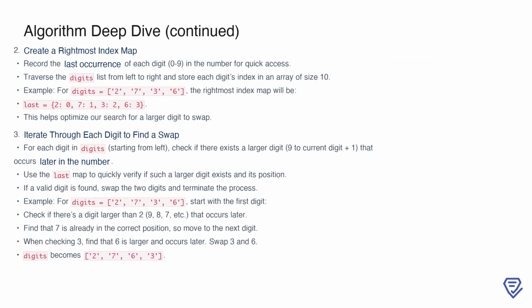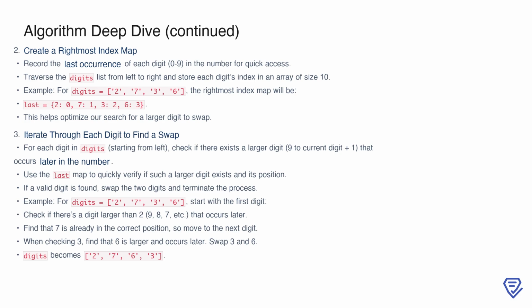Next, we create a rightmost index map to store the last occurrence of each digit from 0 to 9. This map helps us quickly find where the digits are located in the list. To build this, we traverse the list of digits from left to right, recording the index of each digit. For instance, with the digits 2, 7, 3, 6, the resulting map would be 2 to 0, 7 to 1, 3 to 2, 6 to 3. This step is crucial because it allows us to optimize the search for a larger digit to swap